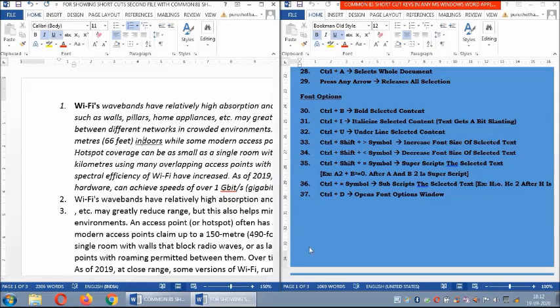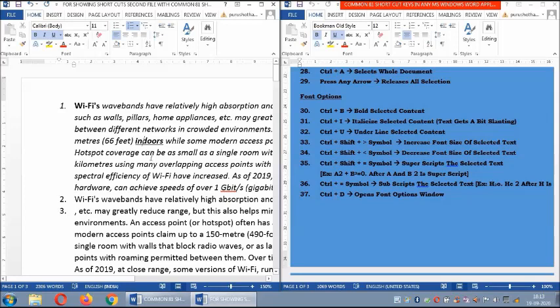Just Control U. Once I do these options, you see here all the font options affected are highlighted over here, placed on that particular word, sentence, paragraph or place. Here in Windows it doesn't have bold, but it has italic and underline. If I press Control B, now you see three options are highlighted: bold, italic and underline.